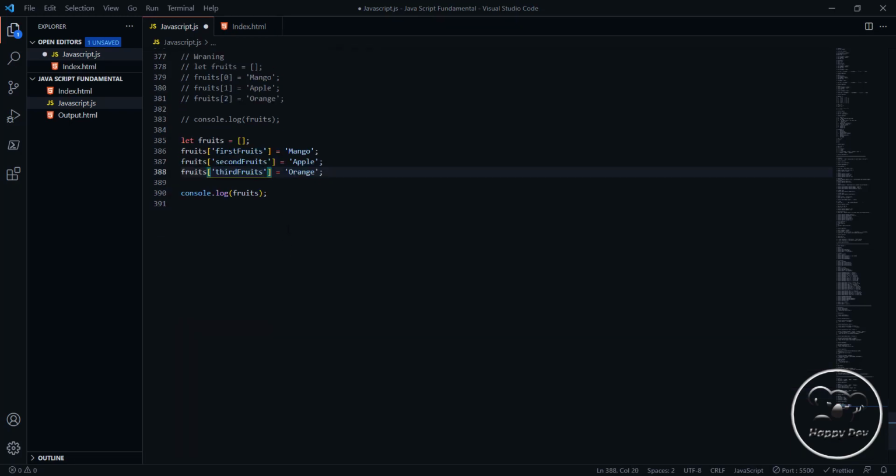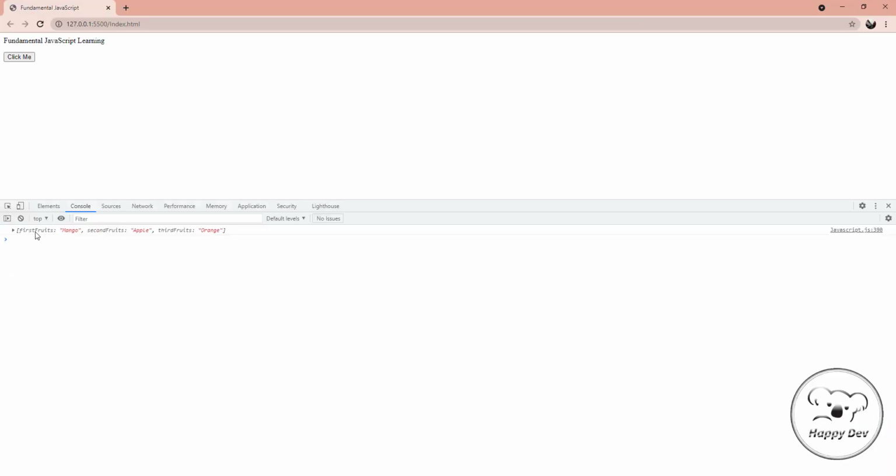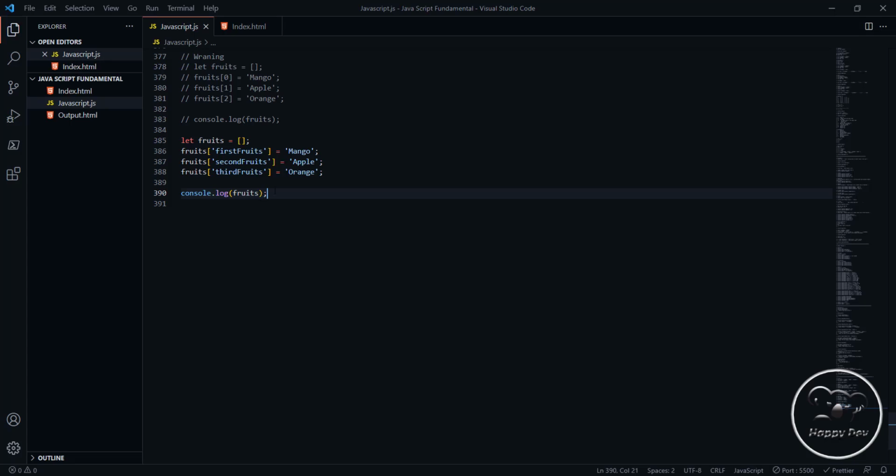Is orange. So we hit save. We got the first fruit mango, second fruit apple, and third fruit orange. It does not have the index, so the line also does not have. So when we log out and comment this one out,